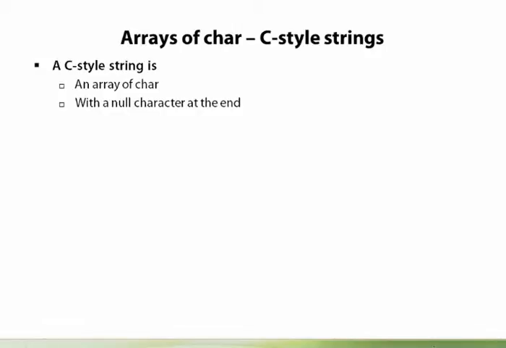If you know what an array is and what it isn't, then you're ready for the idea of C-style strings. A C-style string is an array of characters, but remember that an array does not carry around in itself how long it is. The decision was made that if you put a special character to indicate the end of the string, then you only need the pointer to the beginning of the array to completely describe the string. You can basically go through it a character at a time, checking for the special character. When you hit the special character, that's the end of the string, and you don't need to know a separate